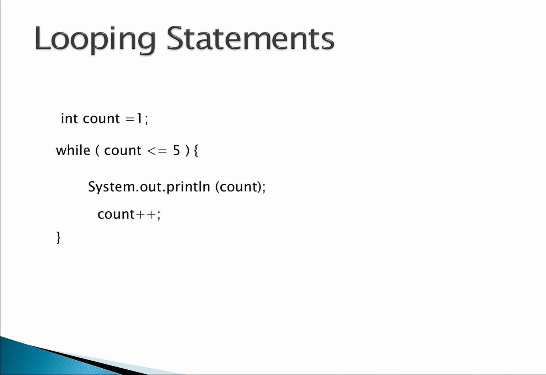Do while, you can also use do while, which is also going to do the same thing, but there is one slight difference between while and do while, or I would say for and do while. Let's see that. So first we'll understand how to make a do while statement. For do while, all that you need to do is replace the while statement with the do, and then bring that while condition